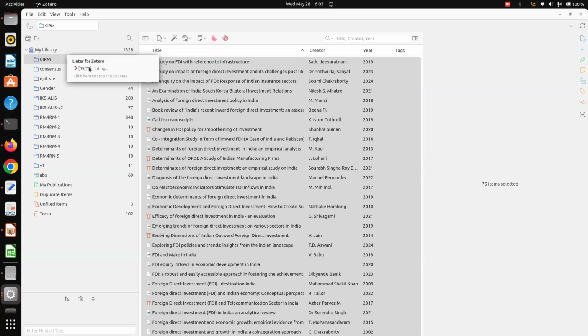Linter is going through all of the 75 references I collected, checking whether there is any irregular capitalization, or whether I want to convert the entire references to sentence case as per the rule of APA, and it takes care of every task, and that is done.